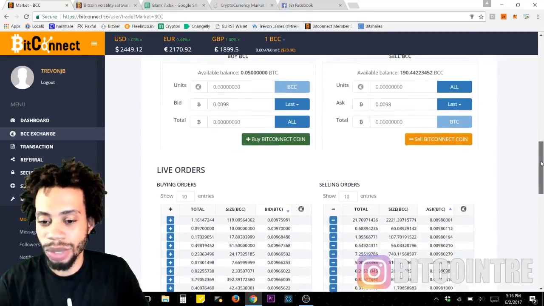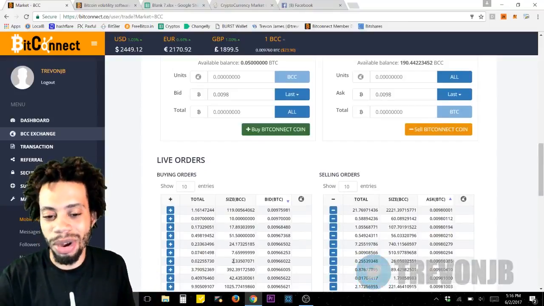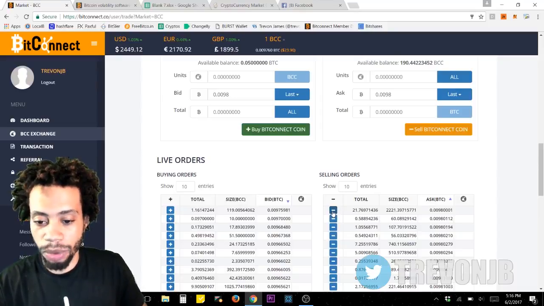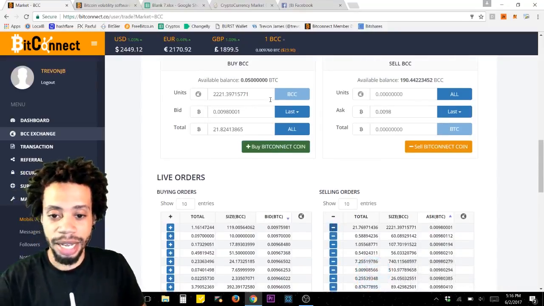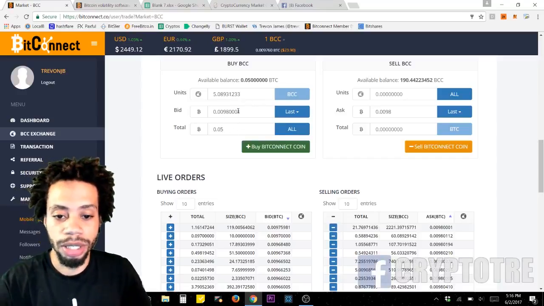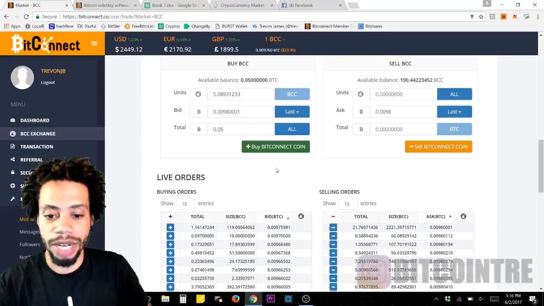So you want to try and do this as fast as possible. You don't have to do it too fast because, as you can see, the market is pretty stable. But you want to click the top one right here, click that minus, and then click all if you want to spend all your Bitcoin. That's going to give me 5.08 Bitconnect tokens. So I click buy,